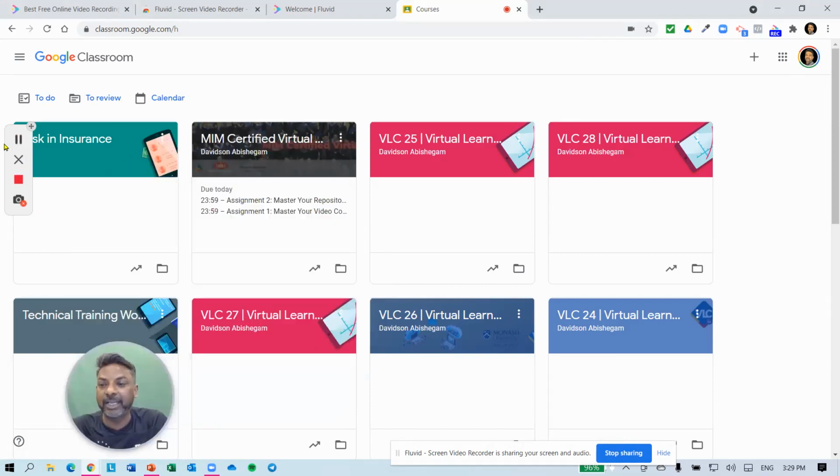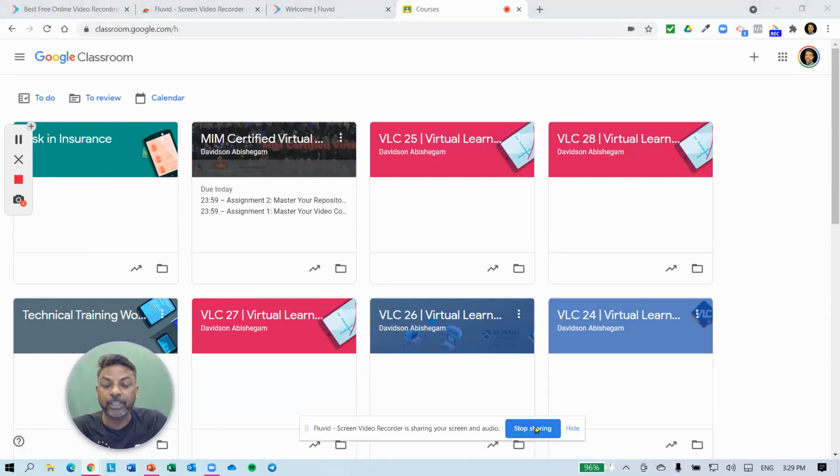And you will also see a little toolbar on your left. This is where you can pause your video anytime, or you can stop your recording when you are done. Another thing you'll see is there's this little toolbar down here, and you can stop your sharing here when you have completed. And that's exactly what I'm going to do now, assuming I've done my screen recording. Now, the moment you click stop, either here or here, doesn't matter,